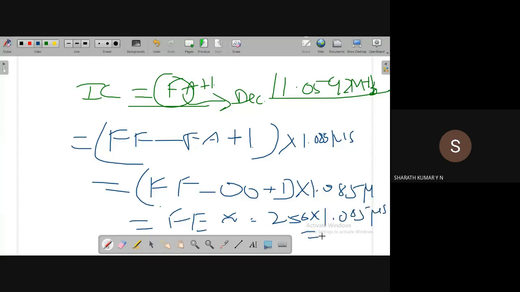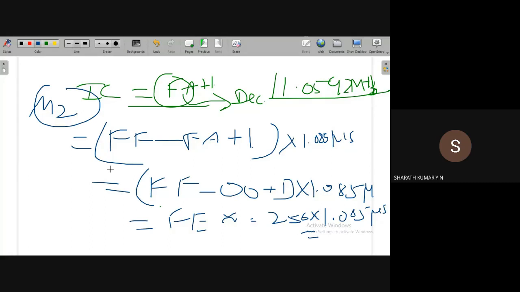256 into 1.085 microseconds. That means the maximum delay that we can generate using mode 2 operation, in terms of microseconds, is 277.76 microseconds.